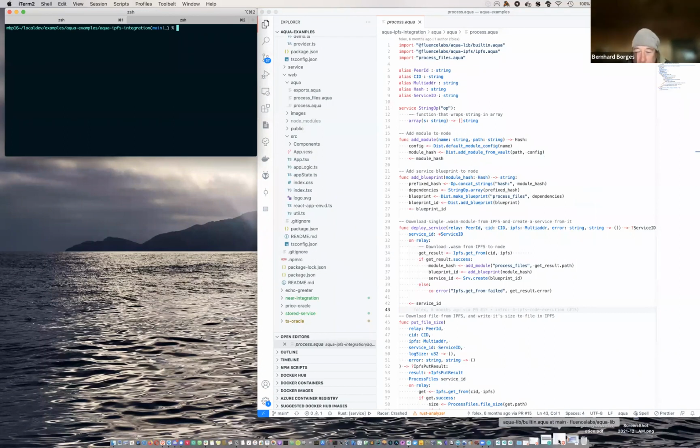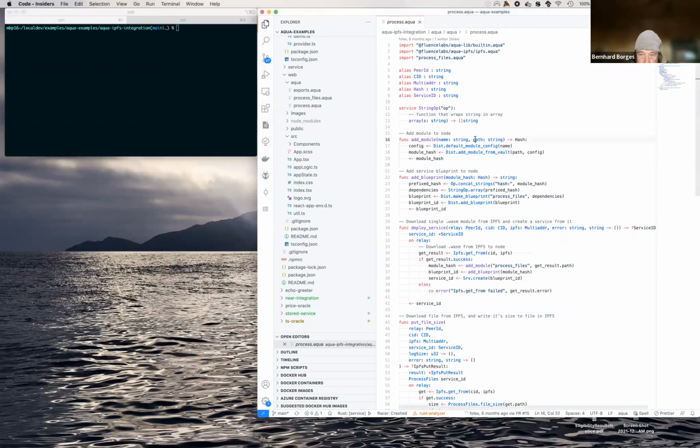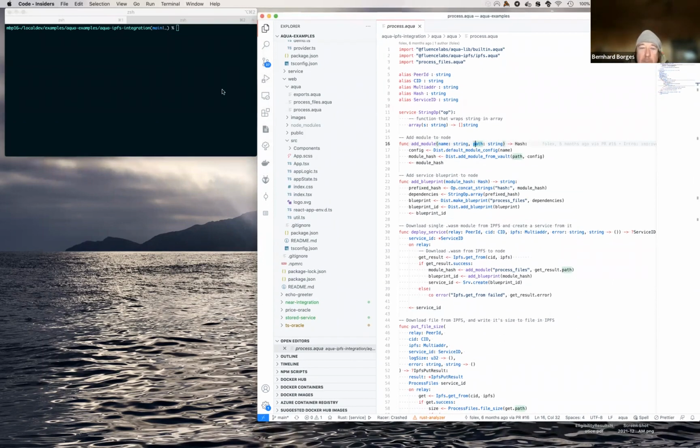But what I want to show you is IPFS integration. The example I'm going to give you is the following. We are creating a WebAssembly module in Rust.